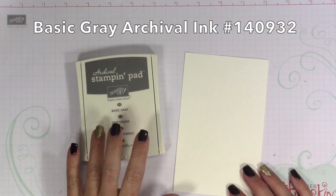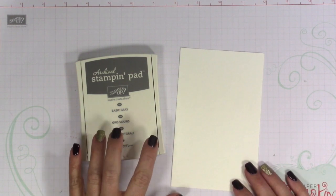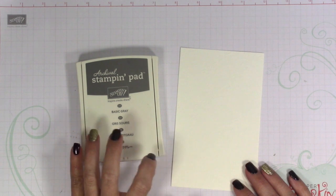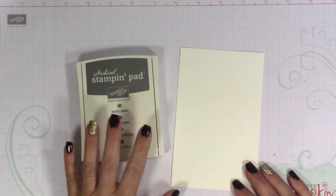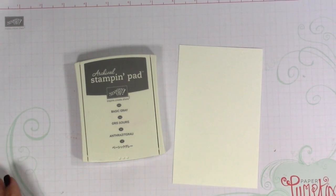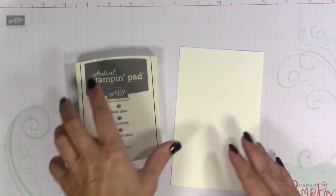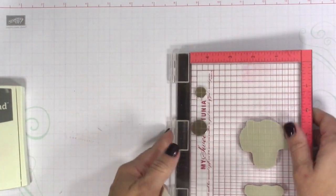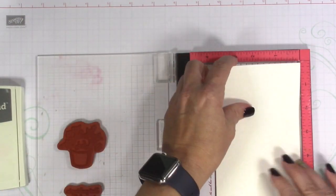The reason why I selected this color is because I just wanted it to be a little bit softer. Sometimes our black is just so harsh and so stark that I thought using the gray would give it a softer appearance. So I'm going to go ahead and use my Mini Misty for this, and I'm just going to place